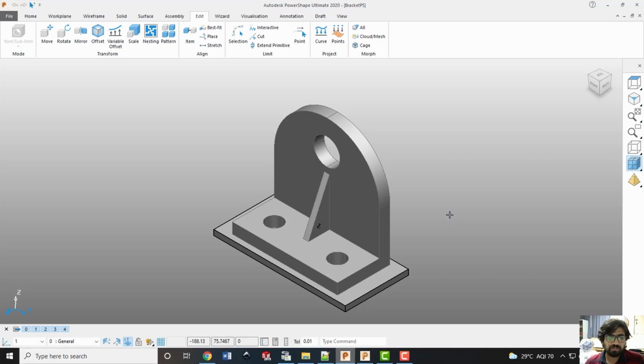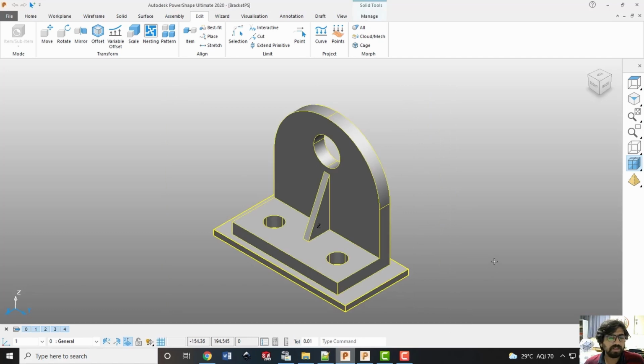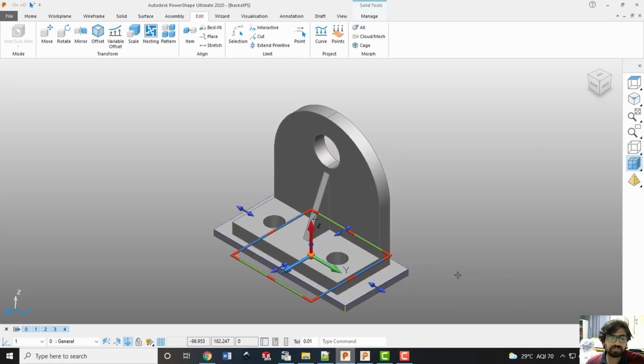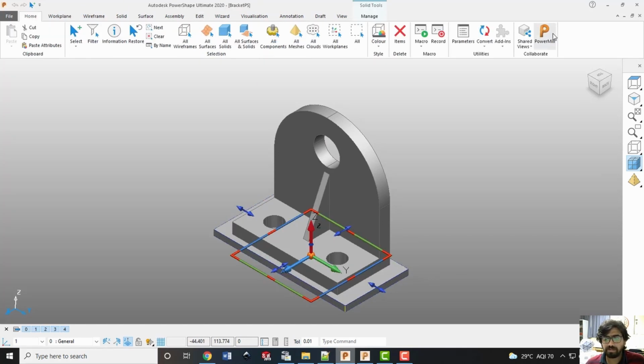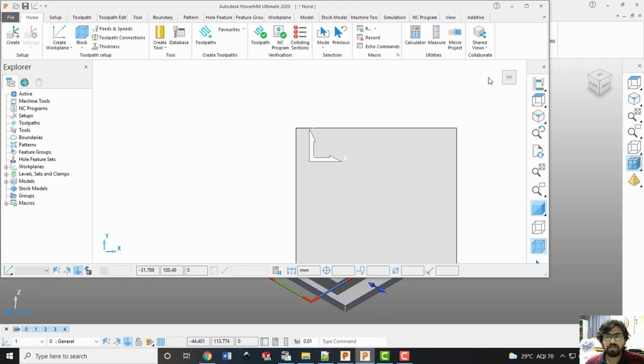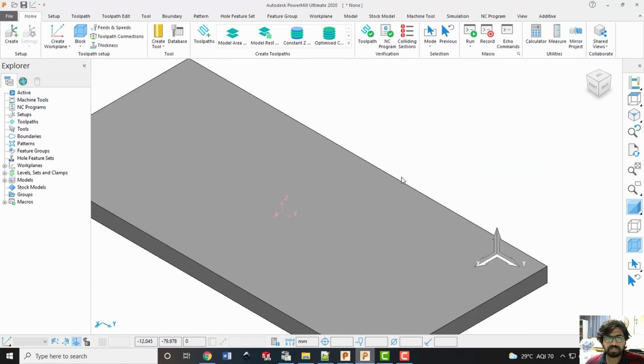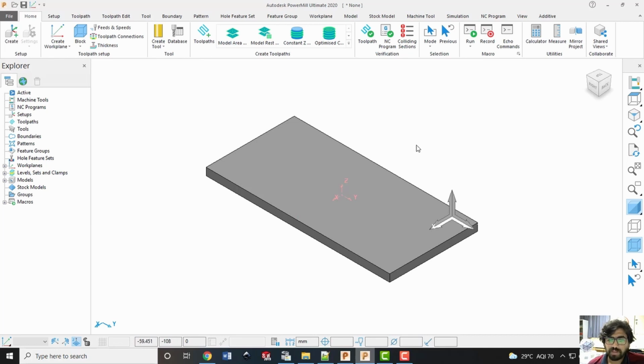Now we shall transfer these objects into PowerMill, and we will utilize the option of PowerMill that is called the additive manufacturing module to create the toolpath. So first I will transfer this substrate. So this substrate I clicked on, I'll go to home and click on the button called PowerMill here. It will automatically transfer this part to PowerMill now. So here you can see the part has been obtained. Also along with that, the work plane has also transferred, that is at the center of the substrate.